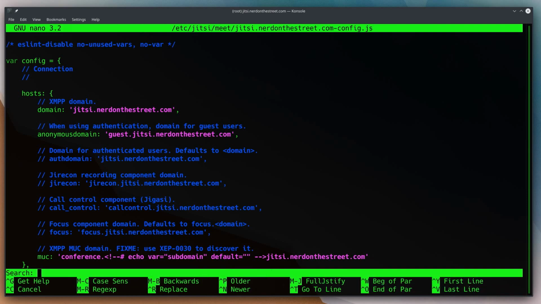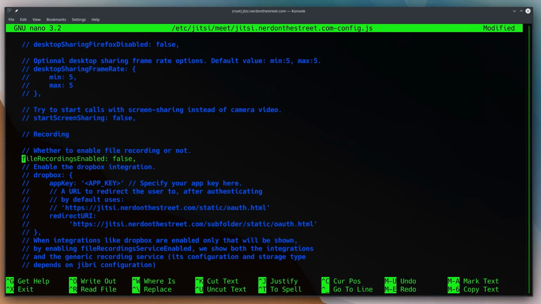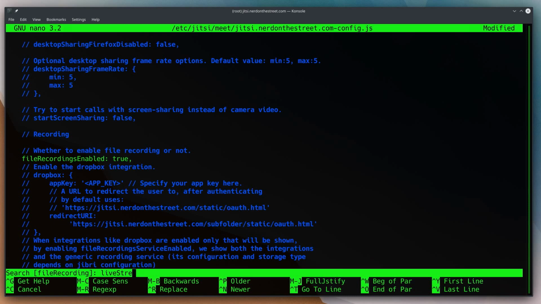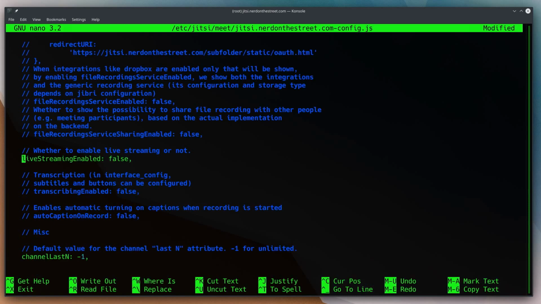We're going to do a Control W for file recording, and we're going to uncomment this. File recordings enabled, we will turn to true to enable the file recording interface. We're also going to look for live streaming enabled, and we are going to uncomment that and set it to true. And then there's one more item,